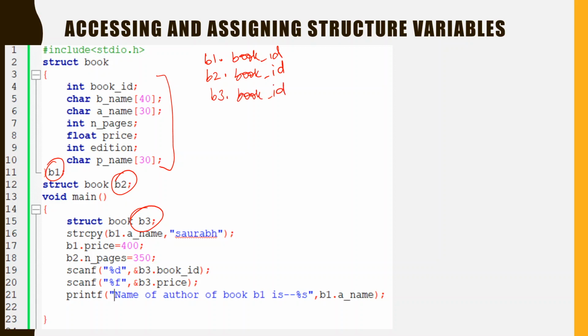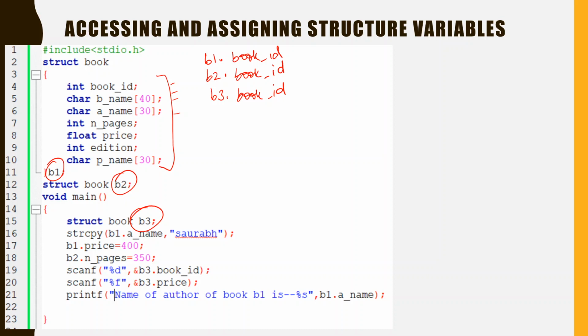It does not depend on whether we assign or not, but if any one of the member variables is assigned, all the other member variables are also initialized with their respective values. If it is a character, it would get initialized by a null character. If it is a float, it would be initialized by 0.0. Now we have tried to copy or assign the values.